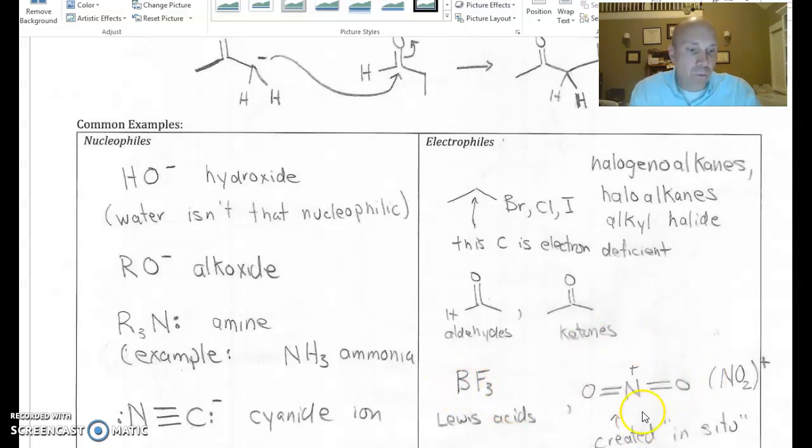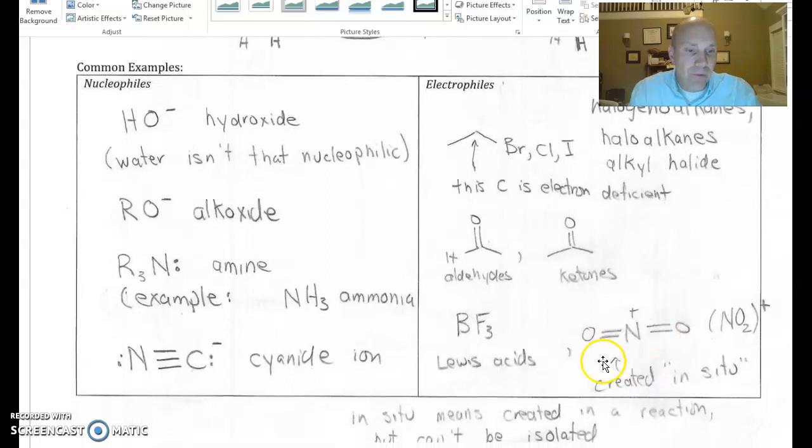All right. One electrophile that we're going to be talking about in a little bit is this electrophile right here. This chemical species is called a nitronium ion. You can see that it's got a central nitrogen and it's double bound to 2 oxygens, and that puts a positive charge on the nitrogen atom. It could also be represented with this formula right here. One thing that I want to point out about this particular species, even though it's very important for a certain type of organic reaction,